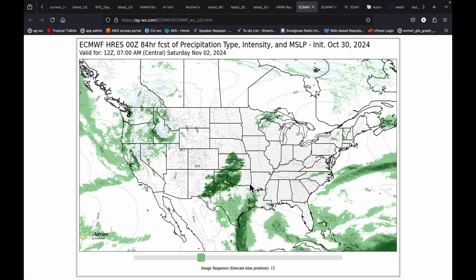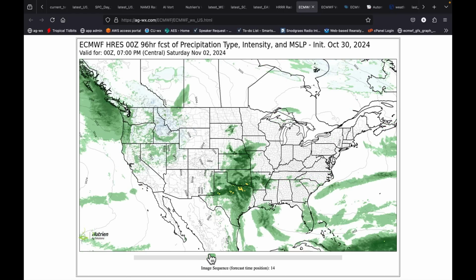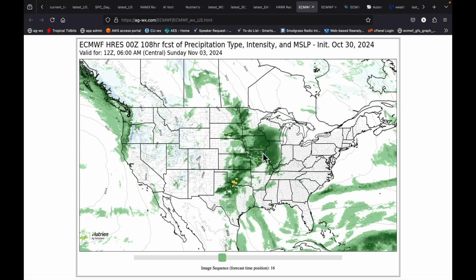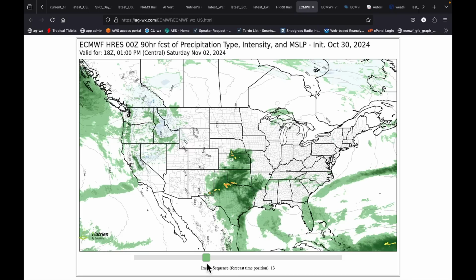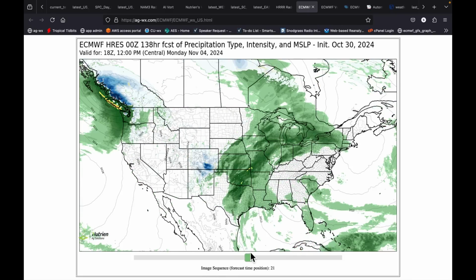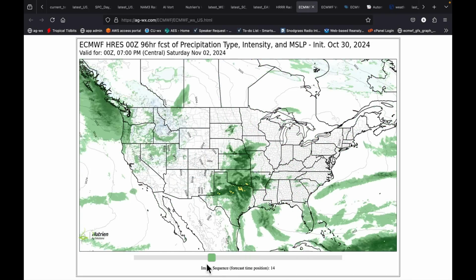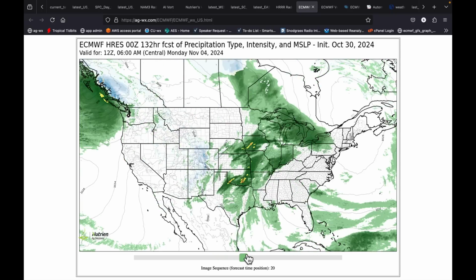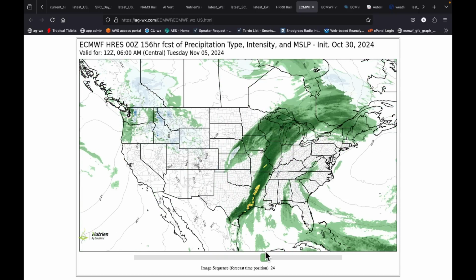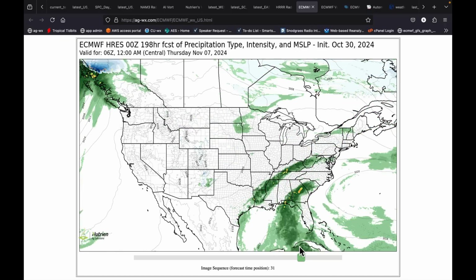And already by Saturday, we're rebuilding the warm sector, rebuilding the moisture here. And we're going to see lots of storms in the southern plains, kind of coming right back over that same part where the expected heavy rain was from the WPC. And we see this next storm system moving through. Again, when is this? This is Saturday, Sunday, Monday, Tuesday. That's several days of rain. That's why the risk is there in this area for possibly several inches of rain. And then that system moves through by next Tuesday into Wednesday, and it's out. Now, that's a pretty active go of it just here in the near term.